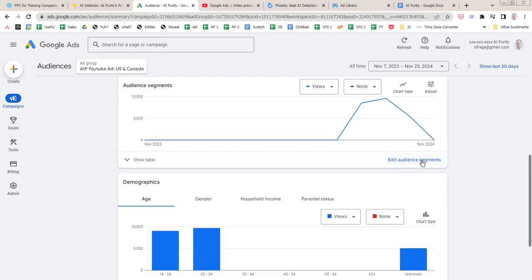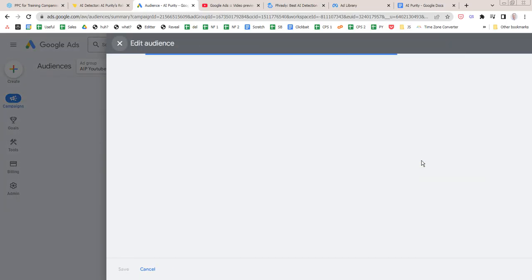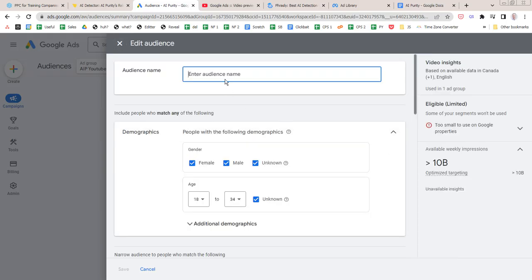All right, I'm going to click on Edit Audience Segments, and we'll see what this is targeting. So this, we could save it as students or whatever, but there's immediately a problem, which is you're targeting people from 18 to 34, but 34-year-olds are not typically in college. And an 18-year-old might be in college, or might just be 18, but not be in college. So this is a huge audience, but it doesn't necessarily equate to college students.